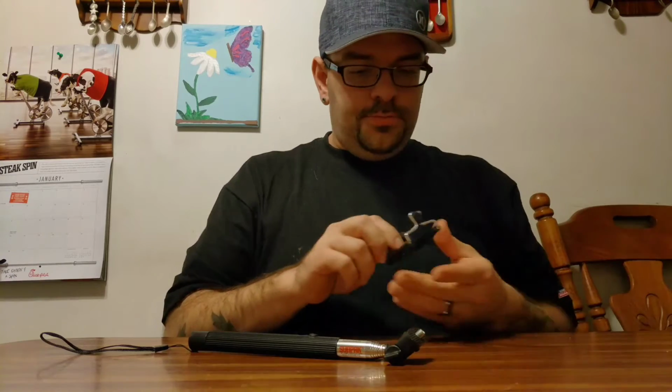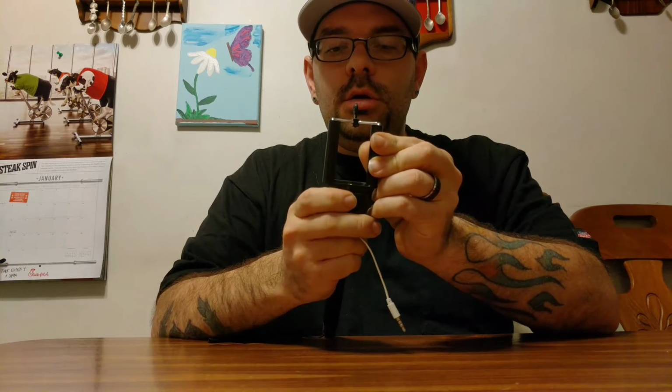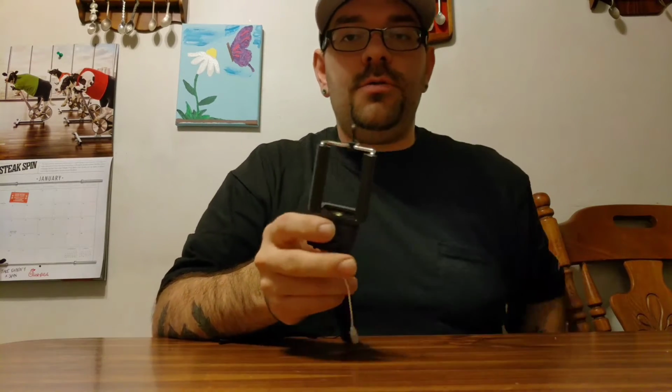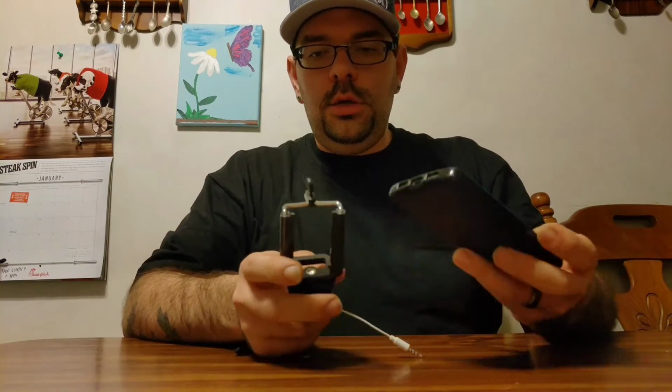And then here we have the cell phone mount. Not the highest quality cell phone mount on the planet, but for getting the job done, it should work sufficiently. Now, I don't know that I would put my cell phone in here and go snowboarding down a mountain. I think I would want something a little more sturdy than that, but